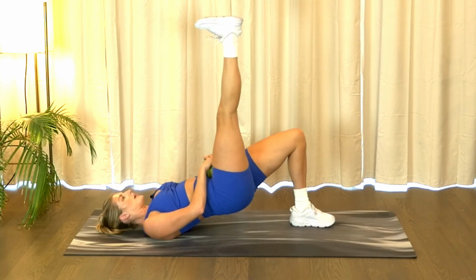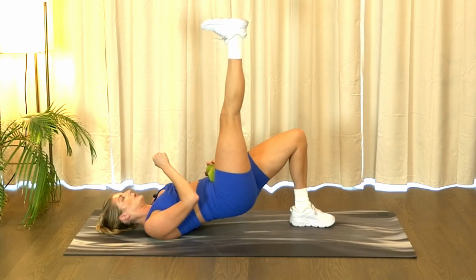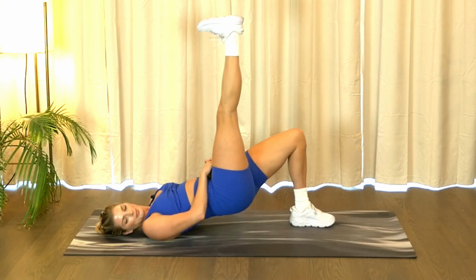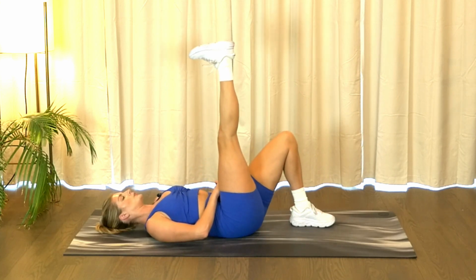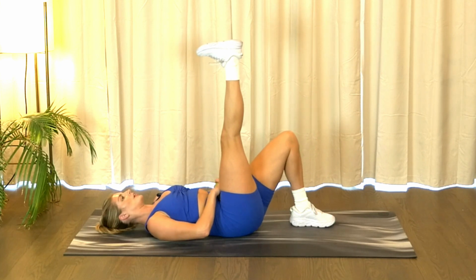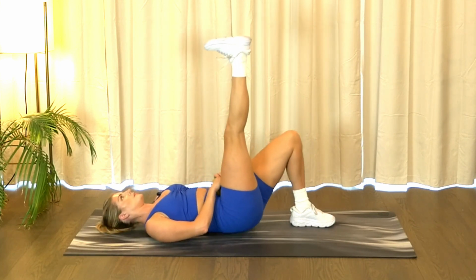Send those hips up, lower back down. Feel that little hold at the top, hold there, and feel that shake. Good, up and down. Lift and lower. Lift and lower. Lift. Let's go a little faster. 8 times to the beat. We press for 8,